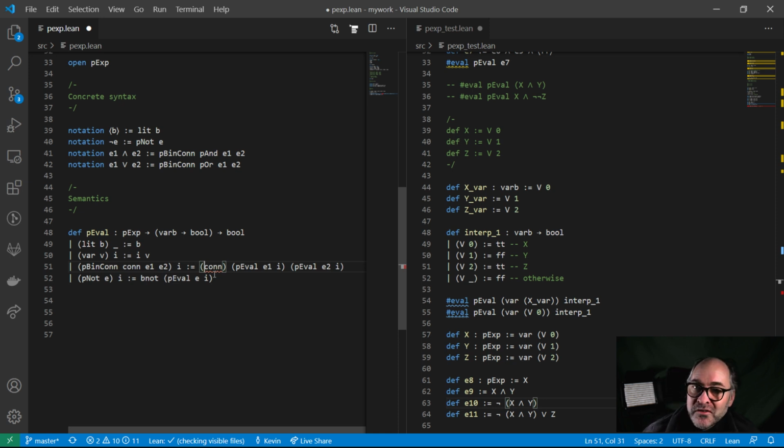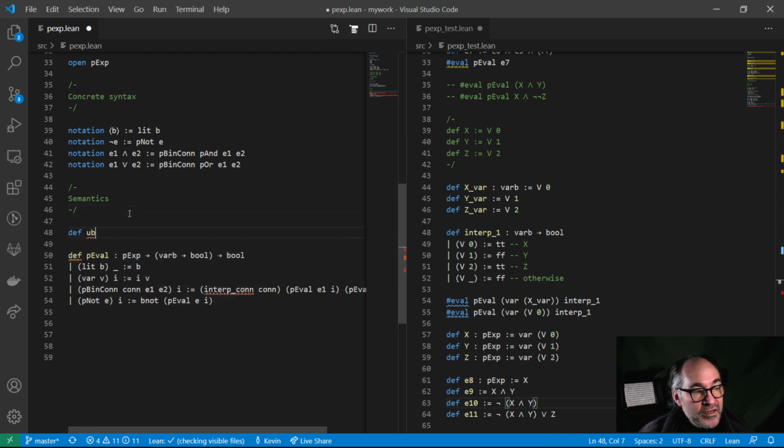And again, you've seen this before. Go look to see how we did this for arithmetic expressions, and what you'll see here is that we need a function that turns a connective or an operator name into the corresponding Boolean, or in the previous case, arithmetic expression. So I'll call that interp con. Okay, interp con. And this function interp con will take a connective and return the appropriate Boolean function. Now, we haven't defined that function yet, so let's define it here. We'll define interp con